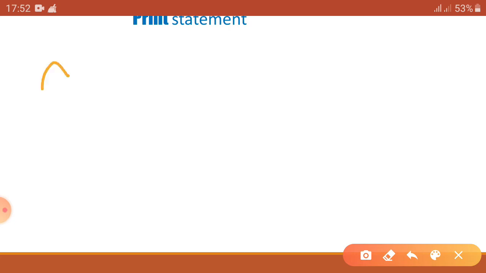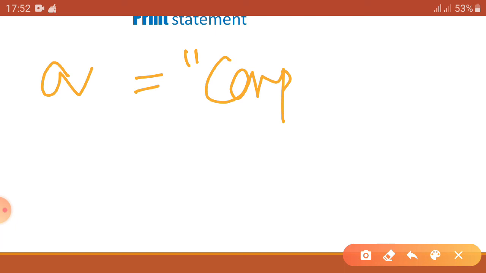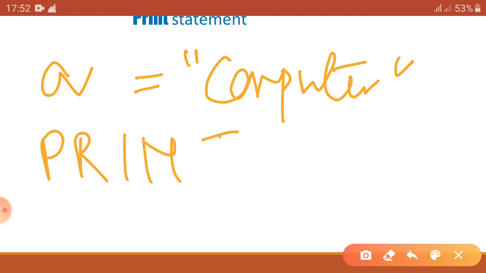So write a equal to, then write inside the bracket, as it is the string, you have to write it inside the double quote computer. Okay, and then write print a. Okay, then click on the run button. Then what will be on the output screen?